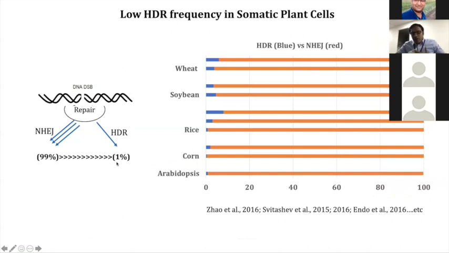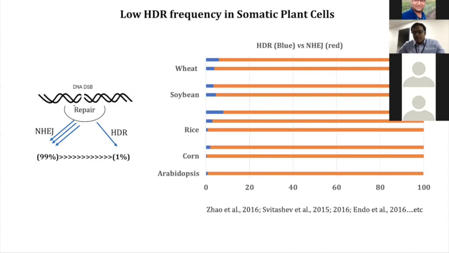But overall, if we look at what is the percentage of homology directed repair, for example, if you take like 100 cells that were edited, just to give you a number, we have two competing DNA repair pathways here: NHEJ, non-homologous end joining, and HDR, homology directed repair. More than 99% of the time the repair happens through NHEJ, even when you give information on the template to perform HDR. So for example, you can take so many different crops and species. Overall, the efficiency to perform HDR in a crop plant is less than 1%.